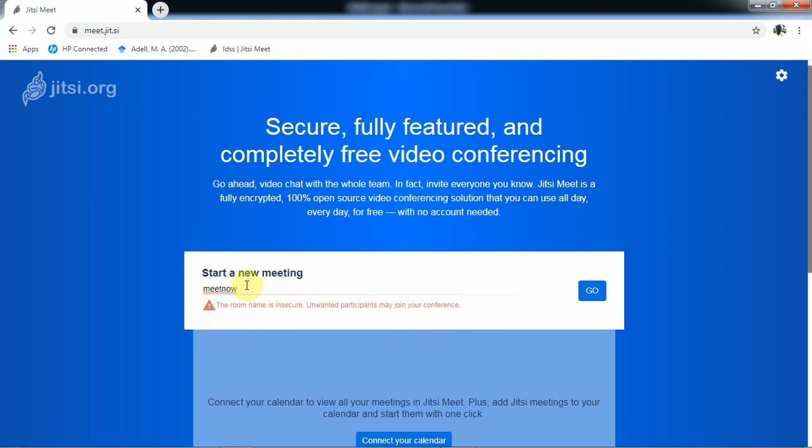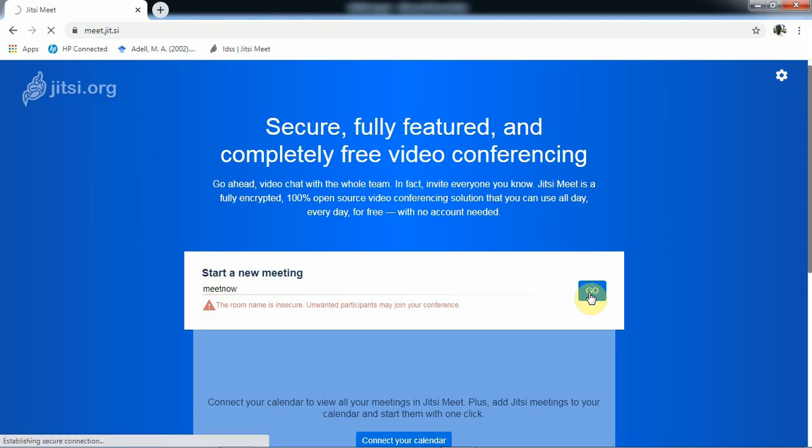That means that once this room name is created, you have to be in your room until all other participants come in, so that the room is not taken up by other people. After typing the room name, this is just an example, we can click on the go option, or you can press the enter key.